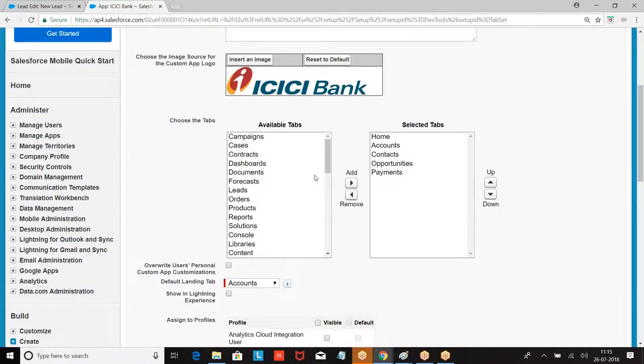Campaign, cases, order, solution. Where is this object?